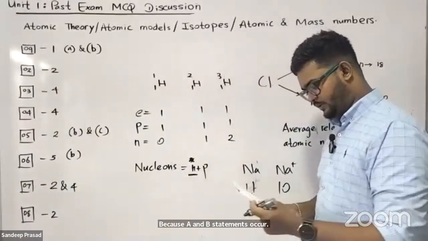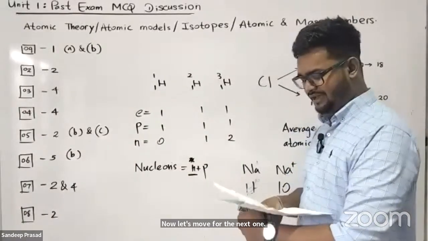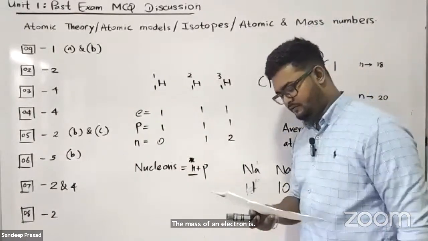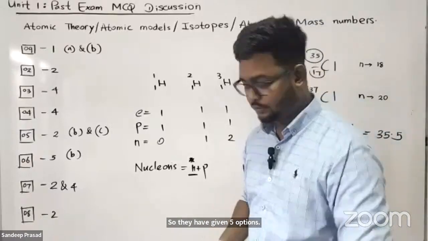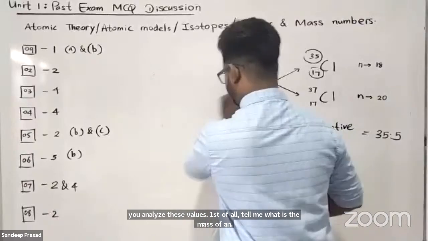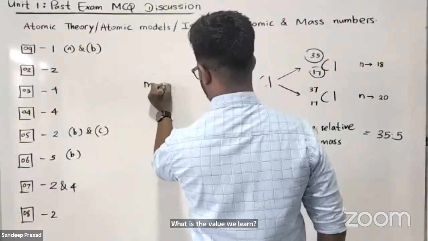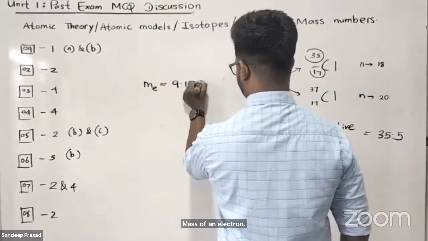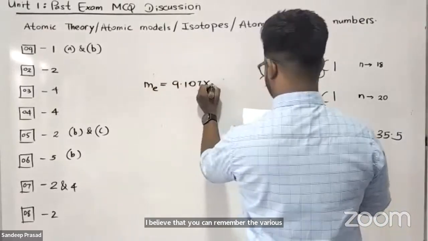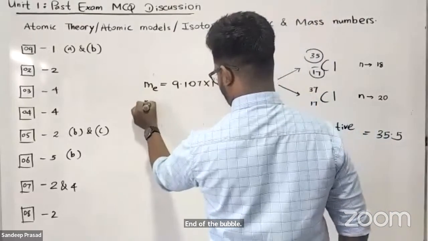Now let's move to the next one. The mass of an electron is. They have given 5 options, students. When you analyze these values, first of all, tell me what is the mass of an electron? What is the value we learned? I believe that you can remember: 9.107 times 10 to the power minus 31 kilograms. Then when we consider the mass of proton,